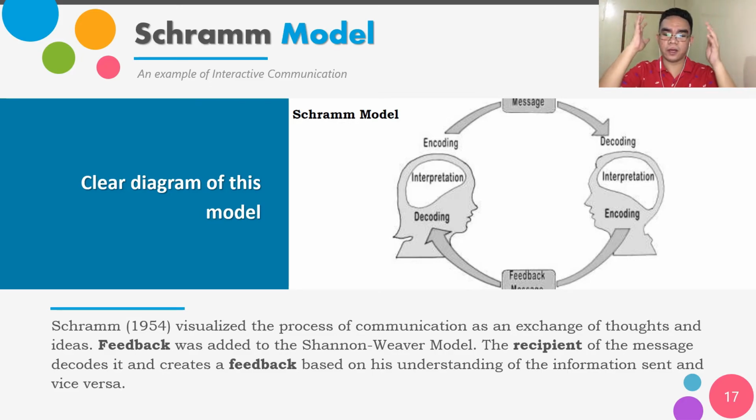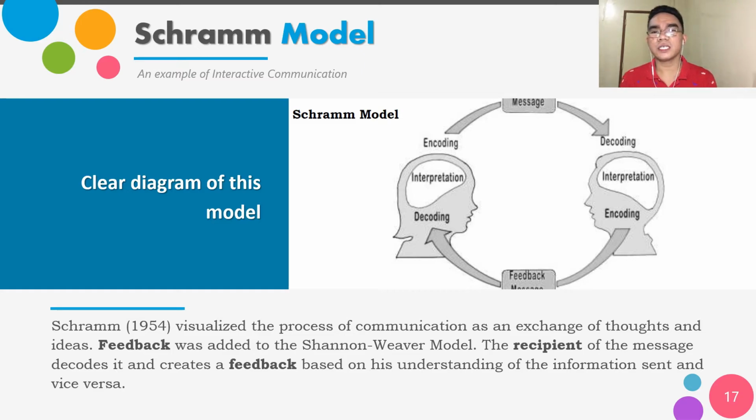You are creating a thought and you are building information, and that information is now a message. As you can see on the top, that is already a message. The arrow here represents the channel or the mode of communication, or the way the communication has been sent. So the message is now created and has been sent to the receiver.